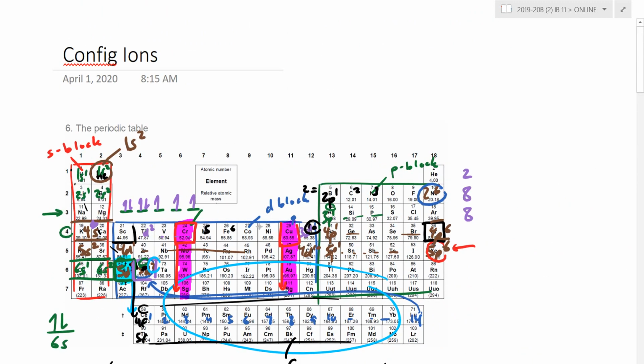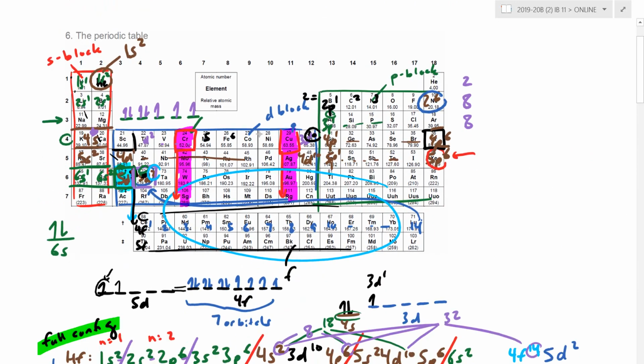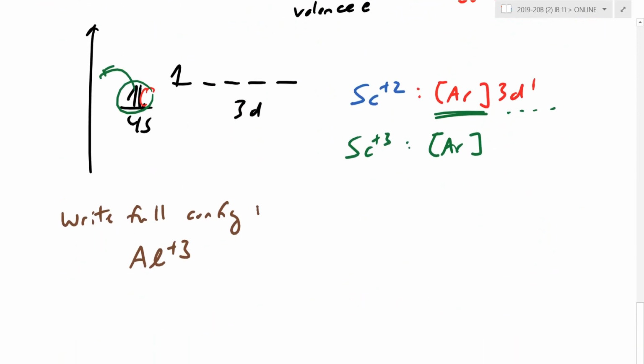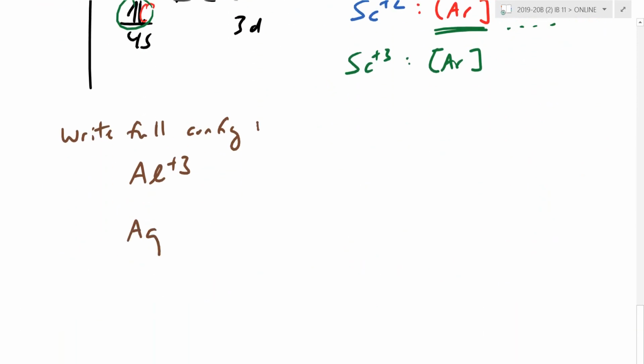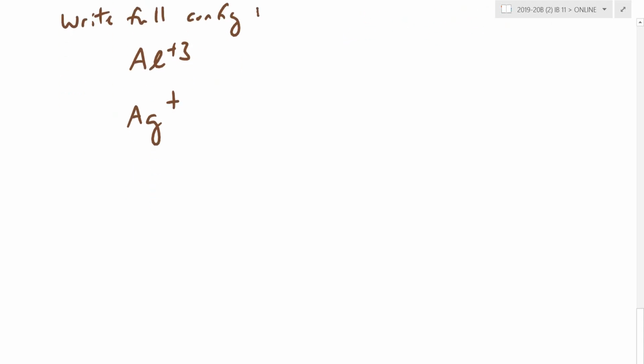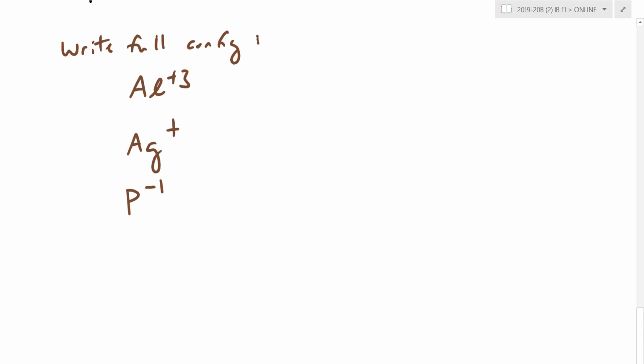Use your periodic table here. Let's do silver plus, just to get you thinking about the exceptions again. And I'll give you one for minus, so let's do P minus 1. Okay, I know that's not phosphorus's normal charge, but just for practice. And let's do arsenic minus 2. So have a look at that there, and we'll check them